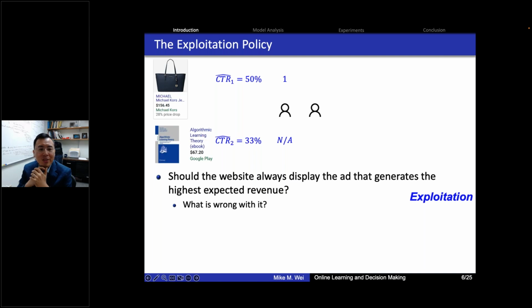When the second user comes, as the bag still has a higher click-through rate, the search engine will continue to recommend the bag. Yet this time, this user is not interested and chooses not to click this advertisement, so the search engine will update its click-through rate back to 50%. And so on and so forth. When the third customer comes, we still recommend the bag because it has a high click-through rate, and so on and so forth. And as you can see,